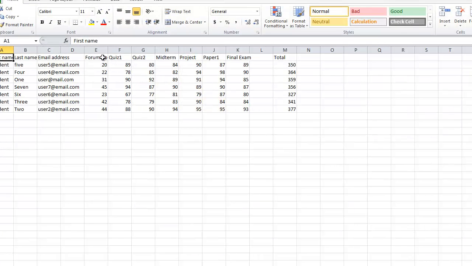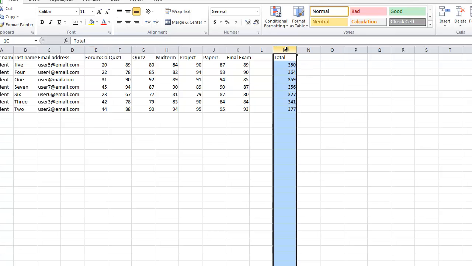Here I have my forum topics. That's the forum that was done in JetNet. I've graded that. I've got all the quizzes, the midterm, a project paper, a final exam, and I have a total. Another important fact that you need to know is that